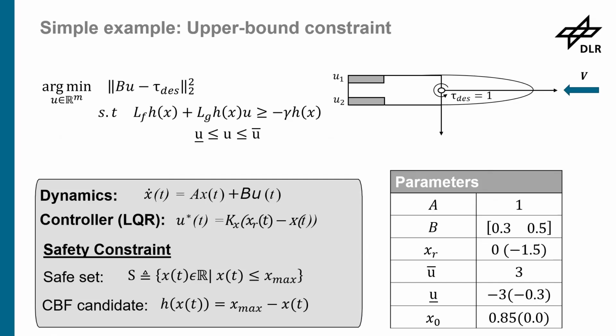And for this system, you're trying to obtain tau des of 1, while you have U1 and U2, so you have more control inputs than degrees of freedom to control. This is the optimization problem I just showed. And additionally to the control input limits, you also have now the safety constraint, right? And this is something we're trying to solve.